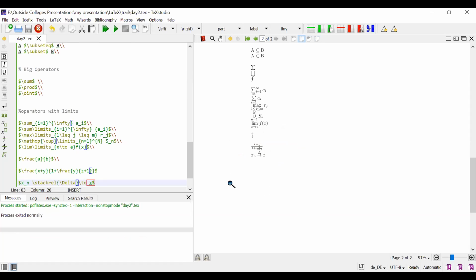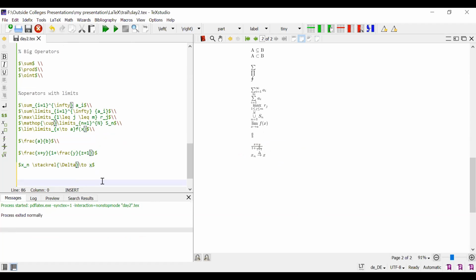Next, underline or overline. You know how to underline? Let me show how to write the overline symbol.